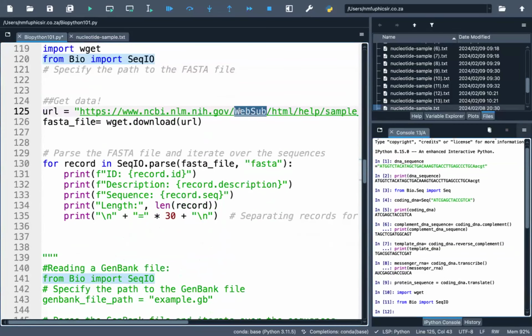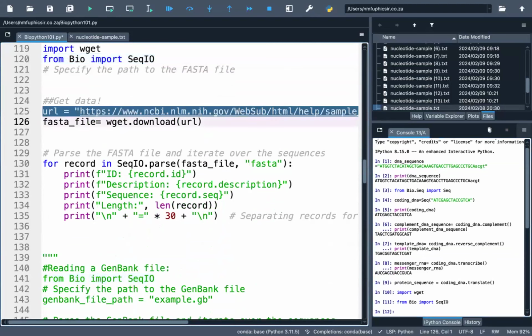So this is the URL. I'm just going to copy it. I'm going to paste it on the chat. If you want the file, you can just